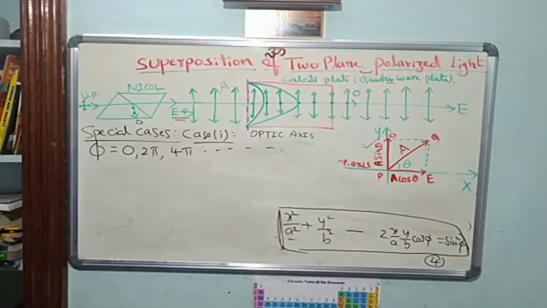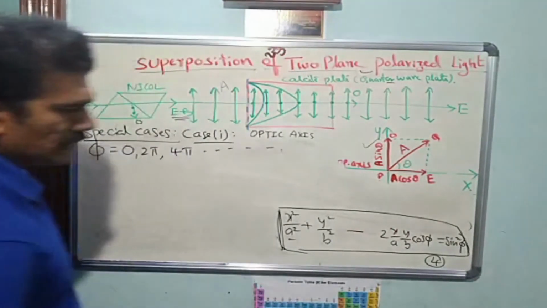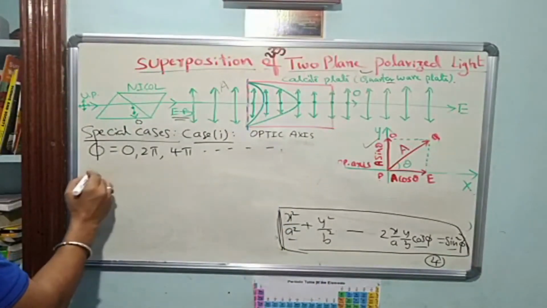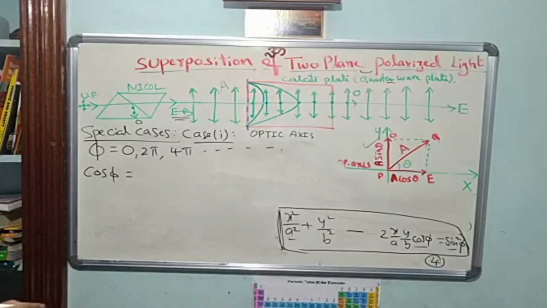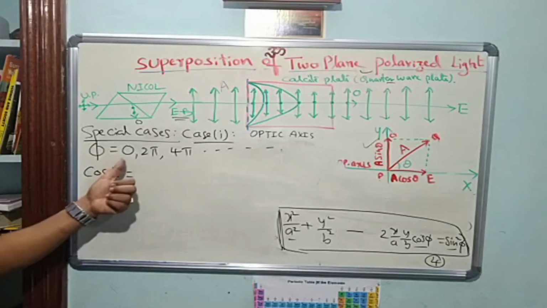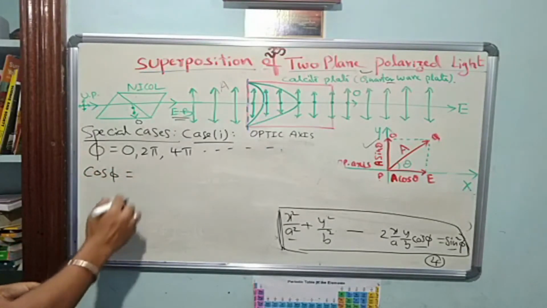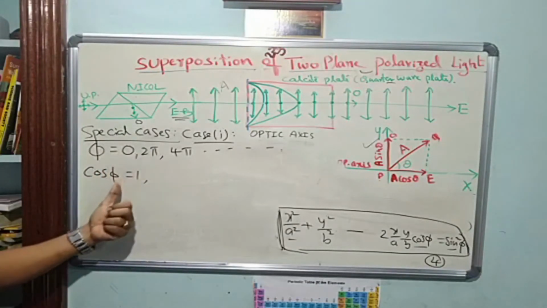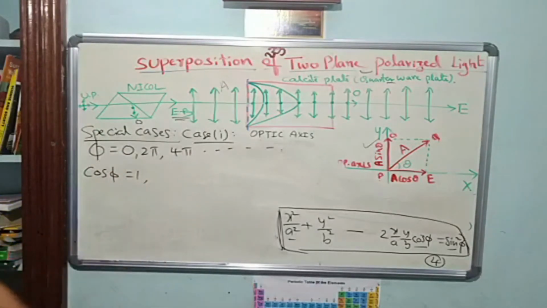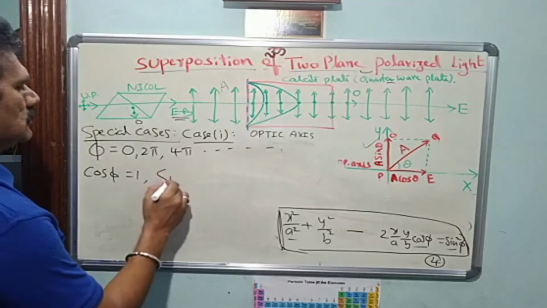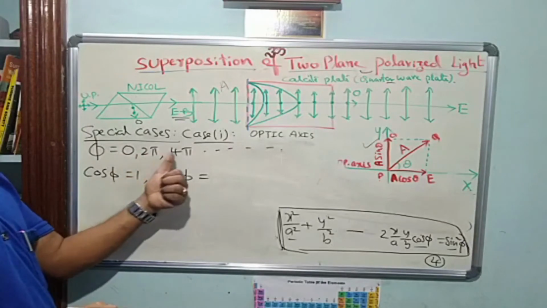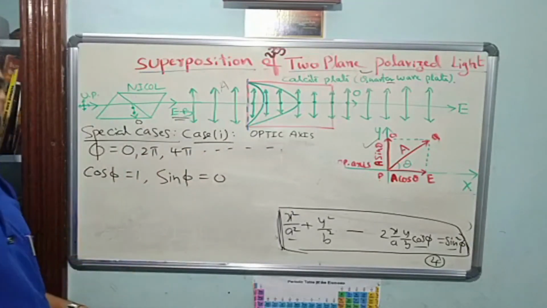So in this condition, how does the equation reduce? We have the cos phi and sin phi, right? So cos phi is equal to, first of all, how much? Is it 0 or 1? Cos 0 cannot be equal to 0, so it should be equal to 1. If cos 0 is equal to 1, then cos 2 pi is also 1, cos 4 pi is also 1, like that you will get. So this term cannot be 0. Whereas, what about sin phi? When phi is equal to 0, 2 pi, 4 pi, etc., this value will be equal to 0.